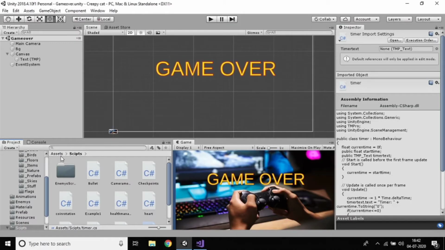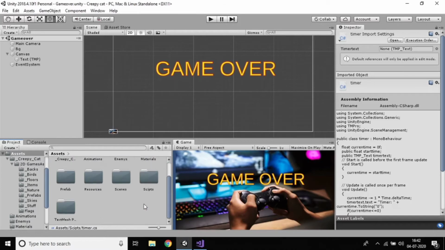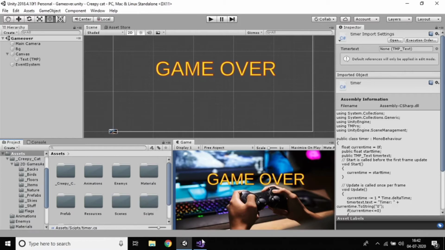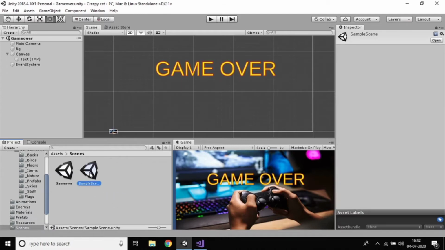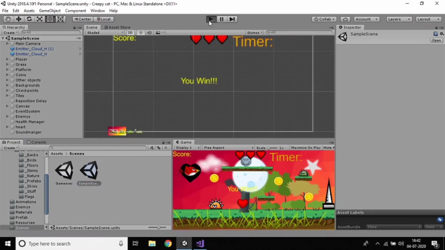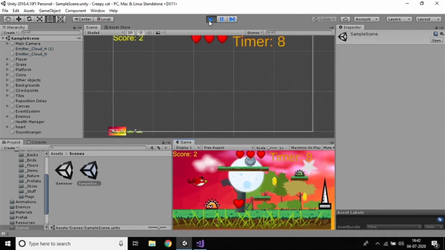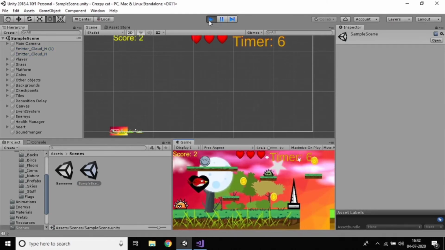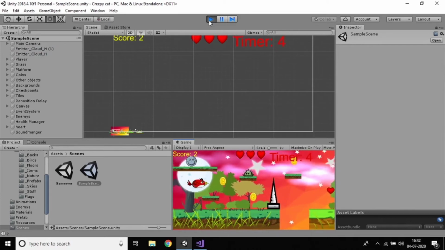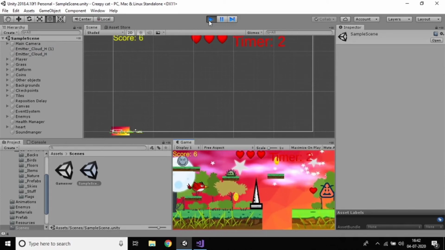Yes, now we have added the scene, right? Just go to scenes and press the play button. Of course, after the time is over, automatically your game should stop, right?